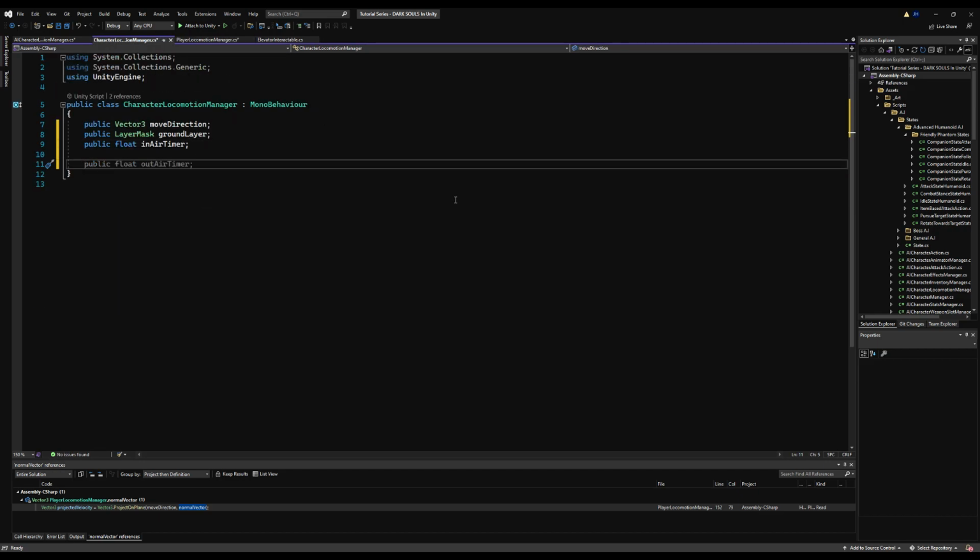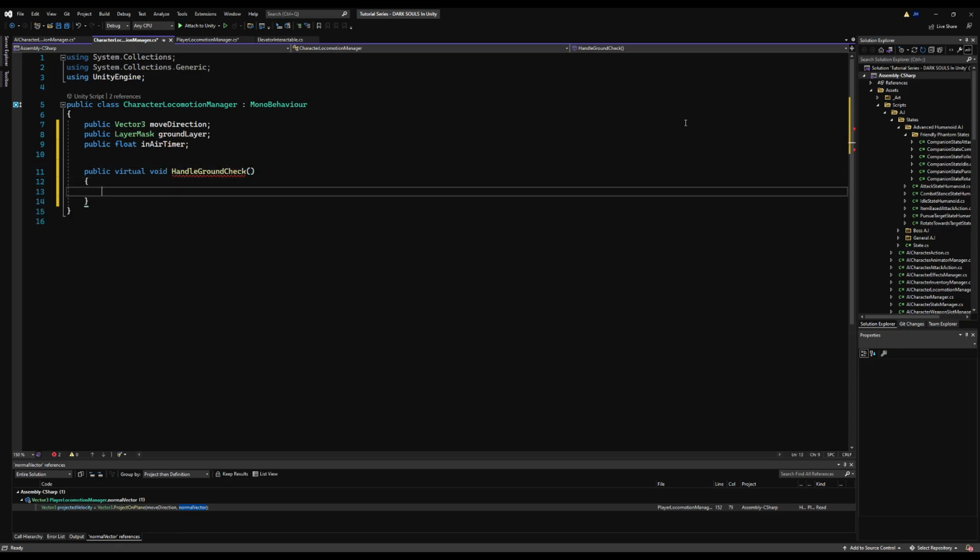So over on the character locomotion manager, we want to begin by making a public virtual void. We'll call it handle ground check. And this is just going to do as it says. If we're grounded, it's going to apply some logic. If we're not grounded, it's going to apply some logic. So we're going to start off by saying if the